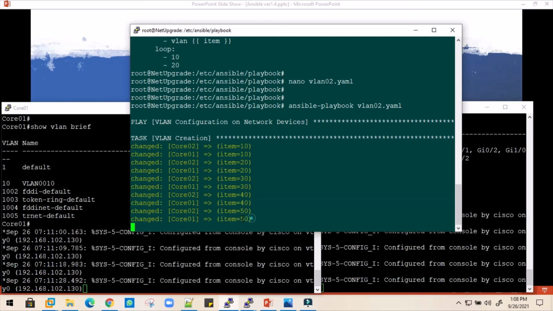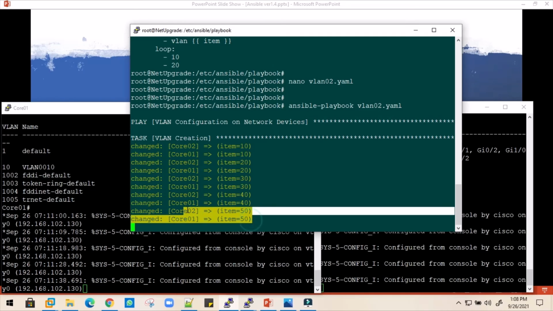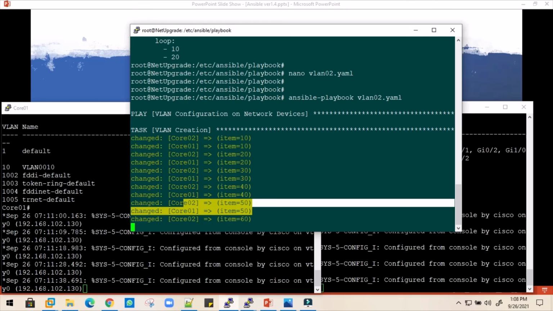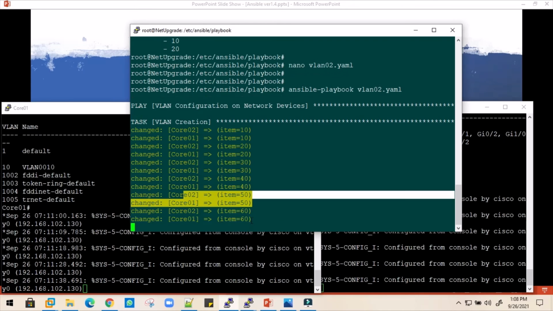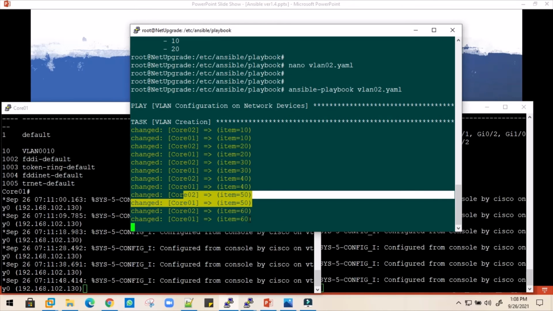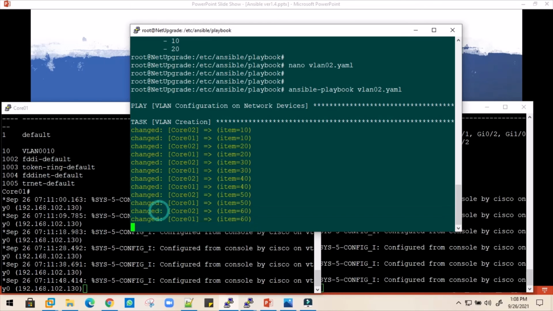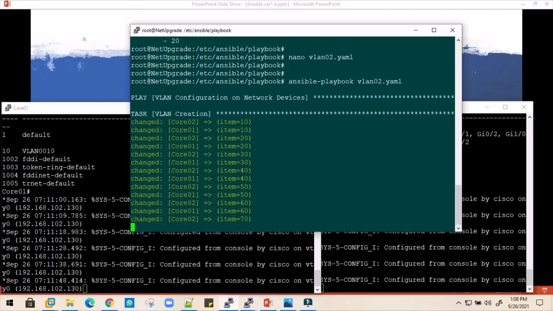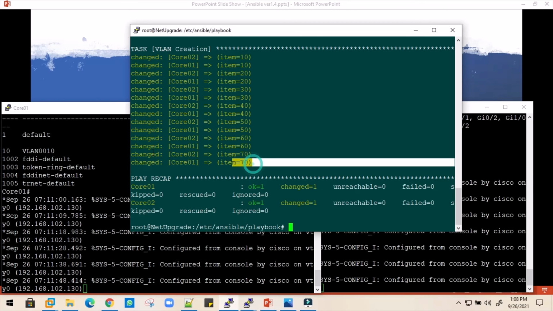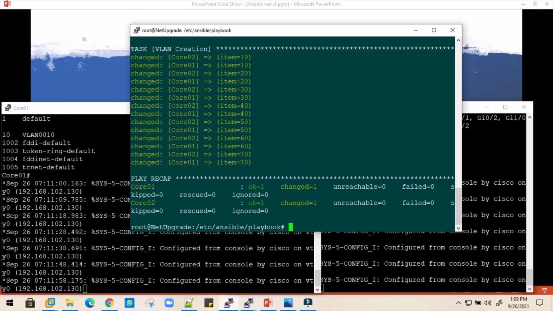Now VLAN 50 is configured here, and you can see the VLAN 50 logs are here as well, configuration from the console via Cisco. And now it's executing VLAN 60. Perfect. So VLAN 60 is also configured, and we can verify that we have the sixth line statement now. The last VLAN, VLAN 70, is going to be configured, and perfect. Now if you can see in the recap,